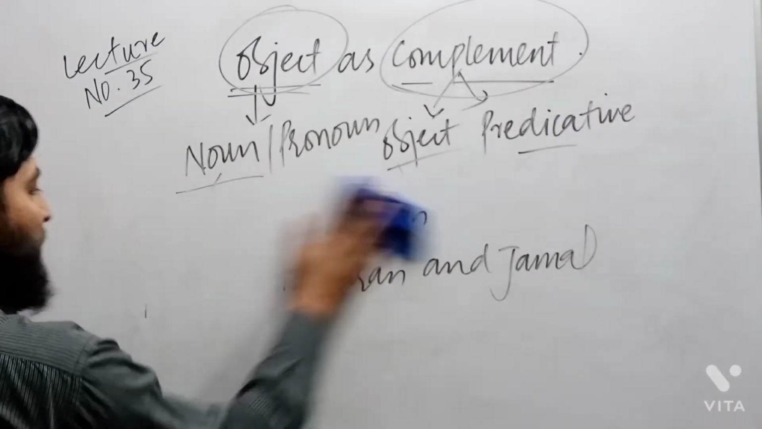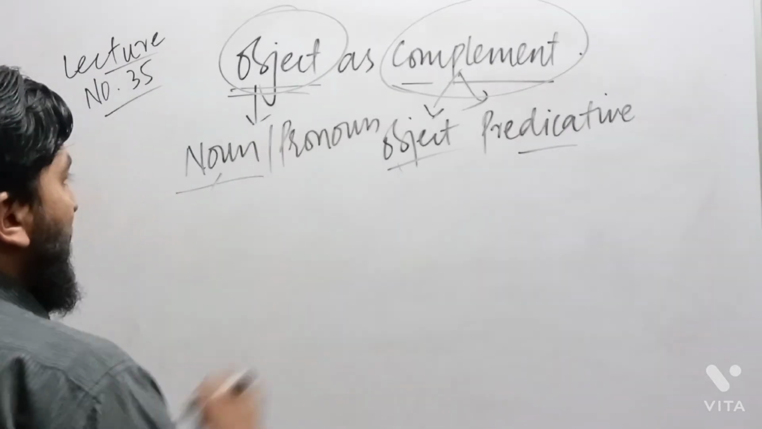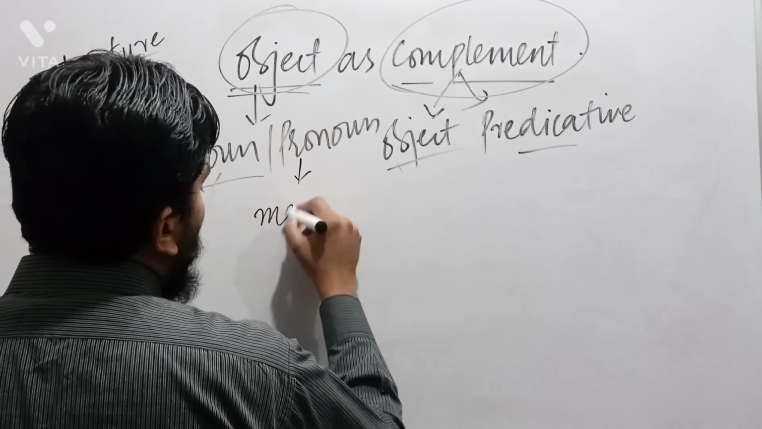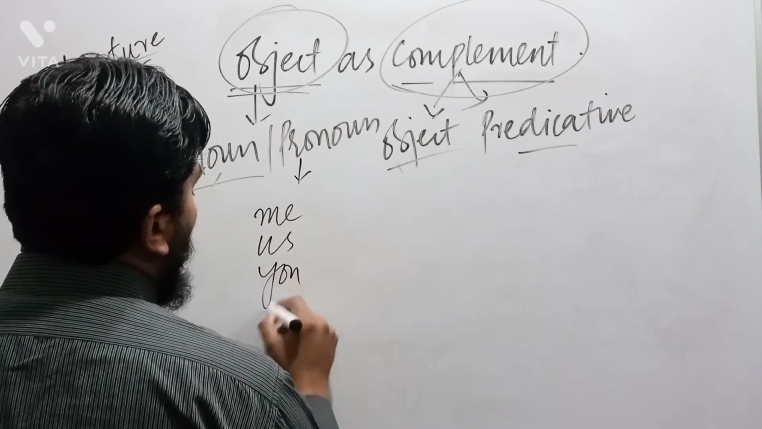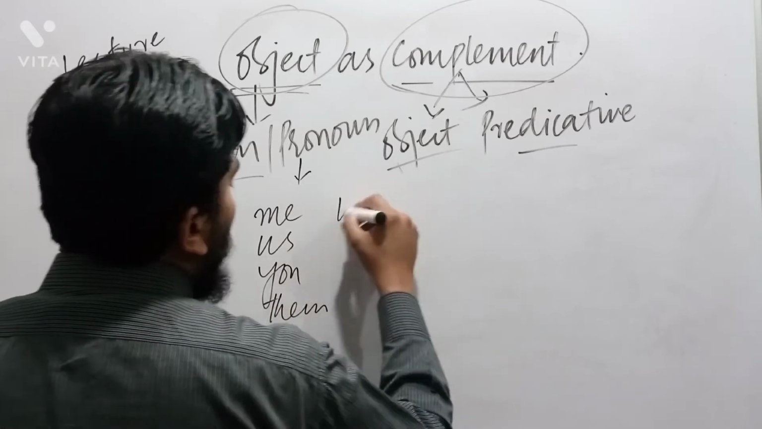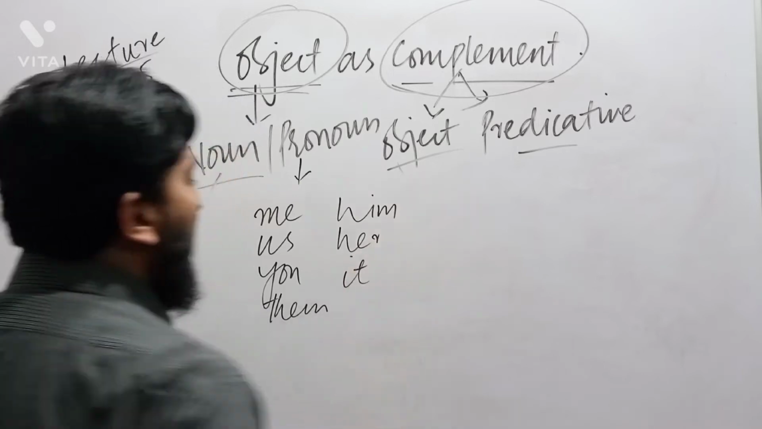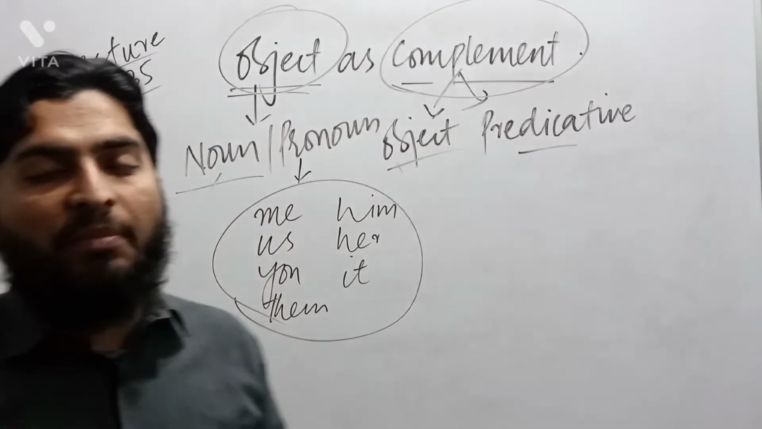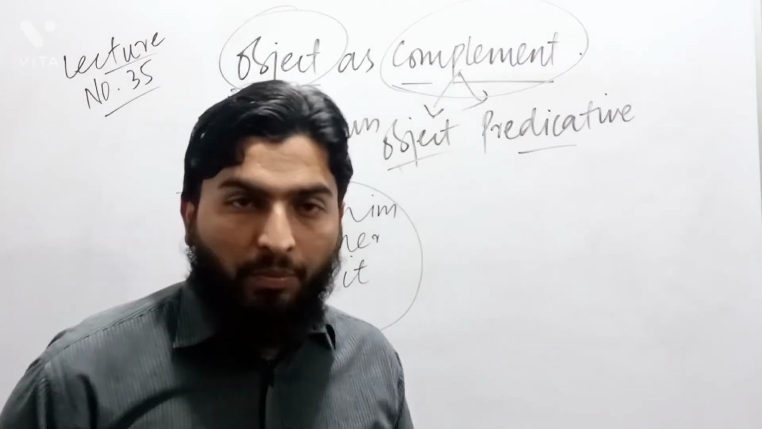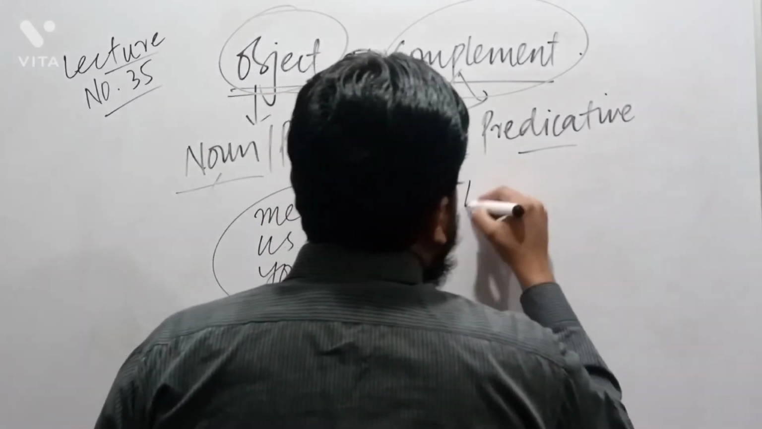And what are they? These 7 are: the first one is me, second is us, third is you, fourth is them, fifth is him, sixth is her, and the last is it. These are 7 object pronouns that we use as part of the complement. Now let me give another example. I say I brought him